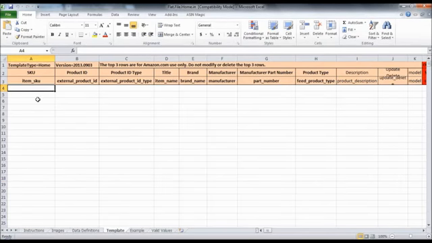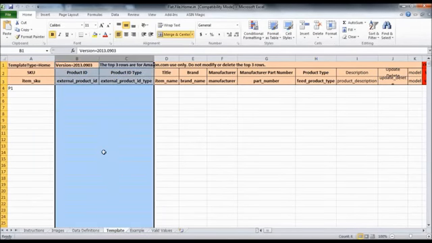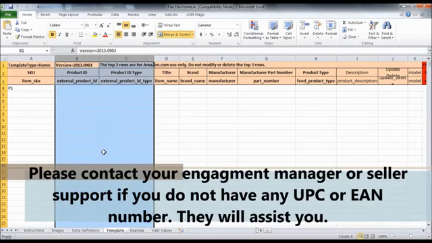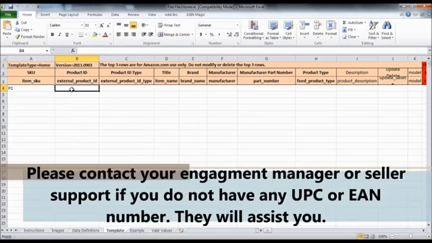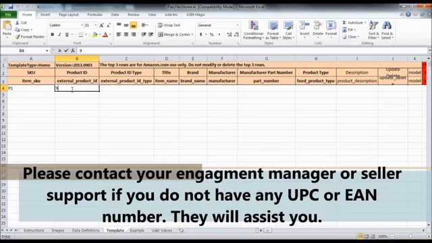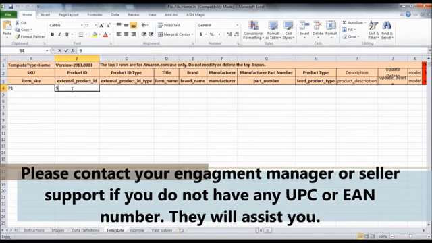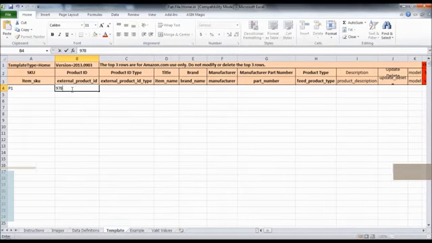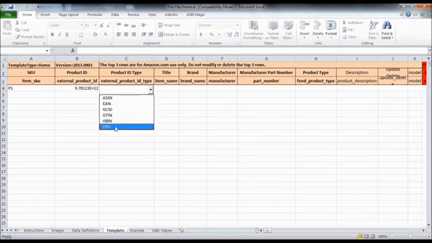So the SKU can be any alphanumerical code which is unique from all the products that you're selling. So we can give this as P1. The product ID and product ID type are nothing but EAN and UPC number. These numbers are found near the barcode of the product, and if it is a 13-digit number, it is an EAN number, and if it is a 12-digit number, then it is a UPC number. So based on that, this particular product is a UPC number. The product ID type that I would select is UPC.